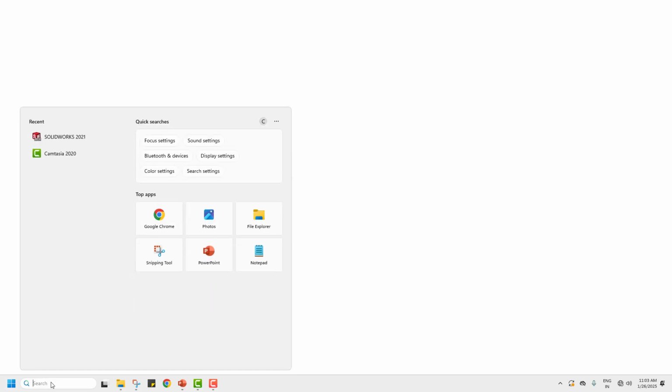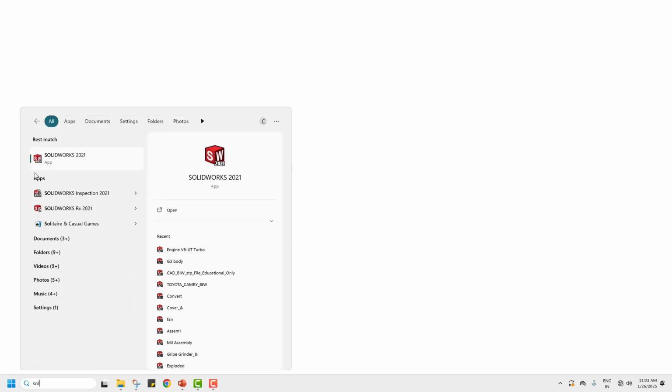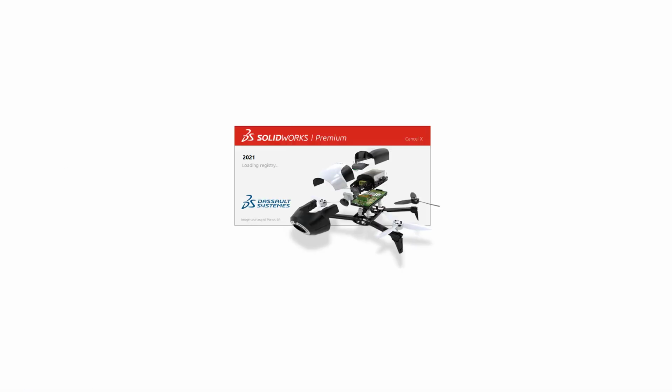So if you're opening the software for the first time, you can just go to the search bar and search for Solidworks, and whichever version you have will be shown here. You can simply right click and pin to taskbar so that it will be pinned here, and next time you can just click on this. Okay, so now I'll simply click on this icon. So Solidworks will load,